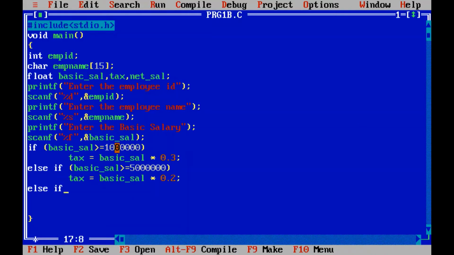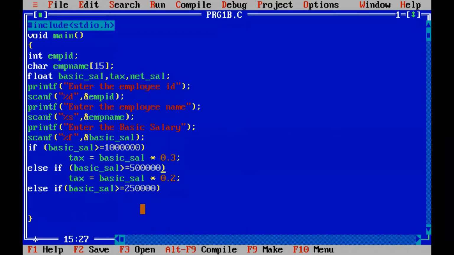If it is not caught in these two conditions, it will check if the basic salary is greater than or equal to 2,50,000. Correct, no? Okay. Ma'am, you have written 50 lakhs. I made a mistake.